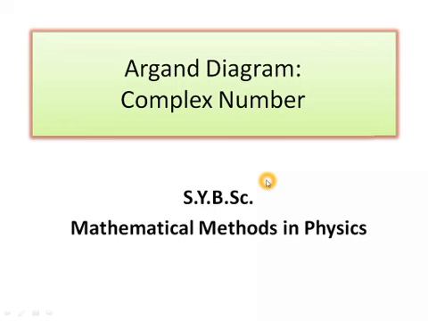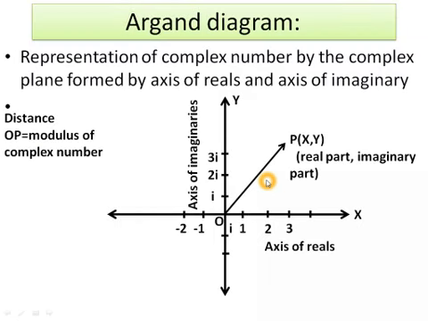In this lecture, we are going to see how addition, subtraction, multiplication and division can be obtained by using the concept of an Argand diagram. So basically, this Argand diagram is nothing but the x and y axis, like the usual number line. But here the x axis is used for denotation of the real part of the complex number. Similarly, the y axis is used for indication of the imaginary part of a complex number.